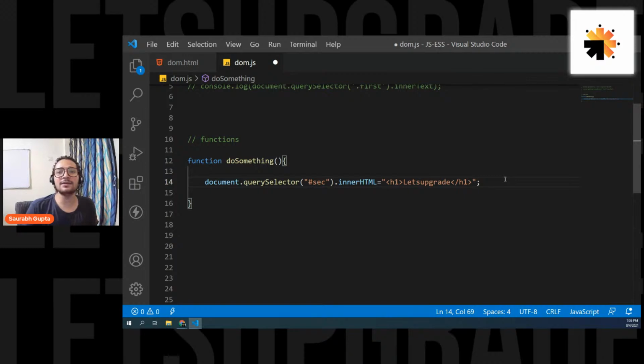Yes, onclick can be used with any element, buddy. Any element. Why not? How to change the color of the button by click? I'll tell you that. Let's see if we have that much time. That's basically manipulation of CSS.